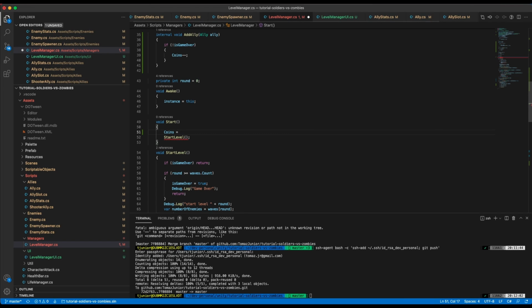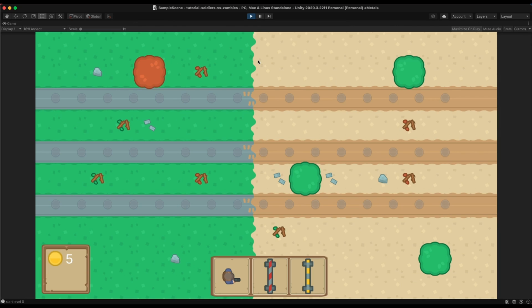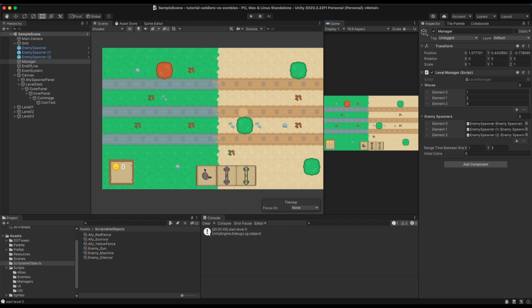Coins equals initial coins. Alright, now it starts with 5, and if I add, it decreases. Now we need to show the cost of each ally on this panel, and for this, let's change our ally